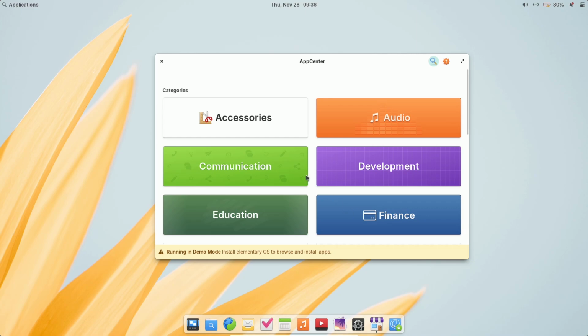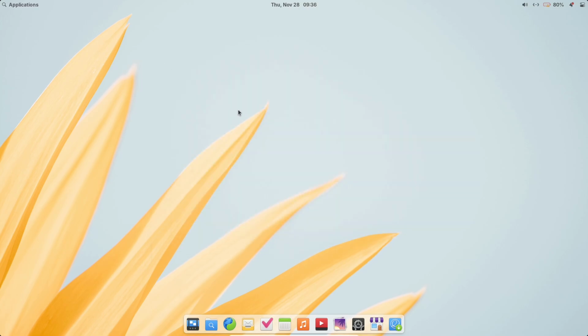So this is my review of elementary OS 8. It's a bit lengthy, but I want to give you my honest review. I don't want to force you to install some random distributions. It's not a random distribution, it's a well-known distribution, but it's not performing better like the older versions. So that's the reason I am not going to recommend it to any of my viewers,